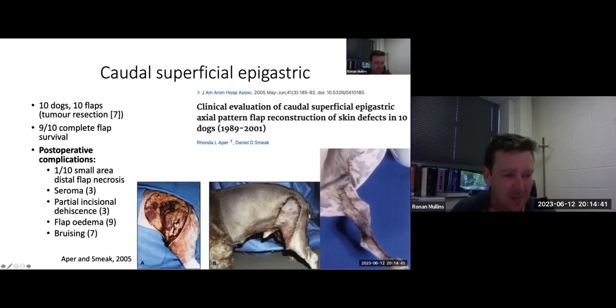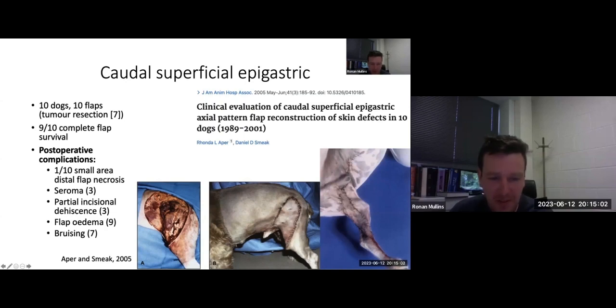They did experience some postoperative complications. Again, these are nothing new: bruising, edema, seroma, incisional dehiscence, things like that. I've included some of the images from this paper, just showing you again the sort of versatility of this flap. So this dog with a large caudal flank and lateral thigh wound, which obviously would have been managed